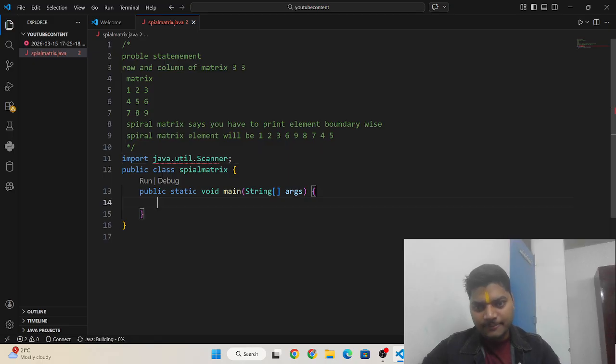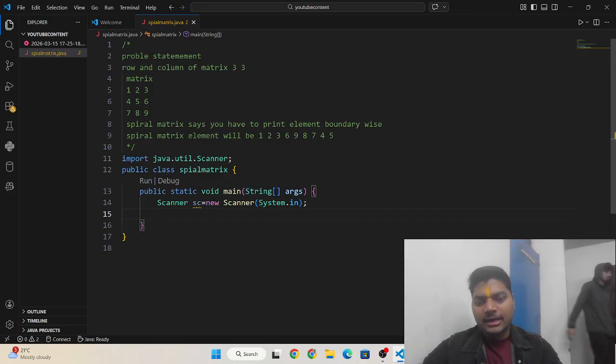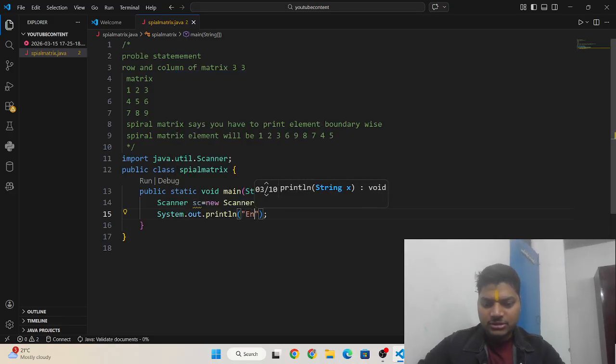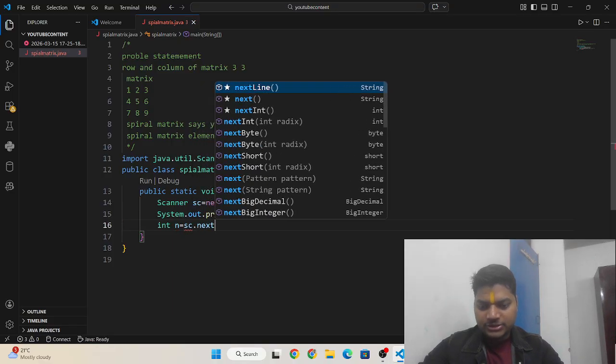Then I need to make an object of the Scanner class, so I write Scanner sc equals new Scanner(System.in). After writing the object for the Scanner class, I need to ask the user to enter the number of rows, and I take those rows in the variable n: sc.nextInt.